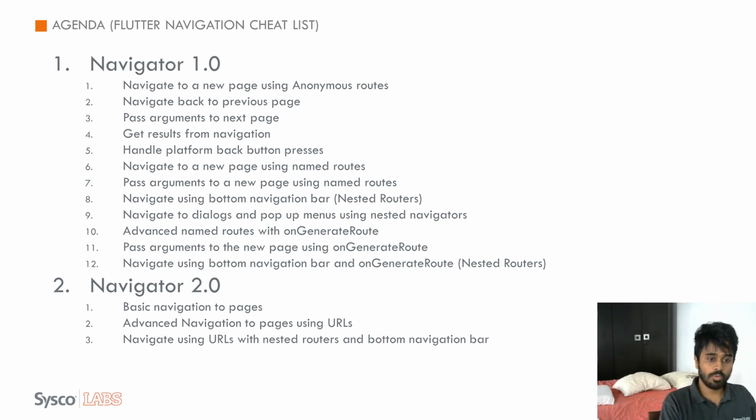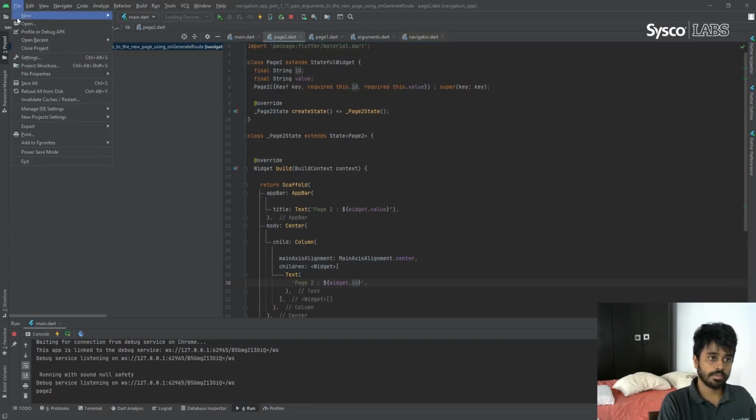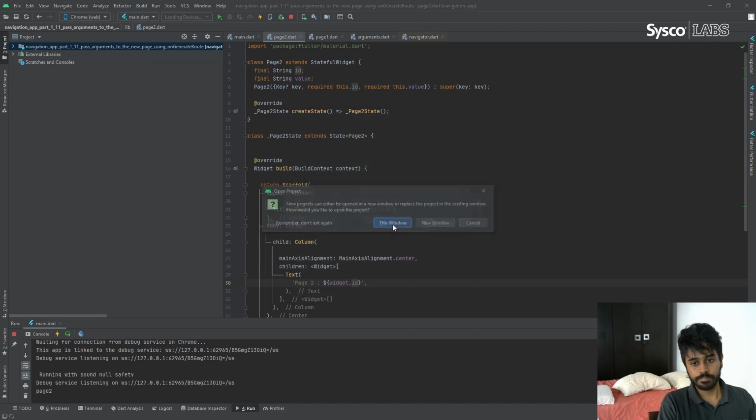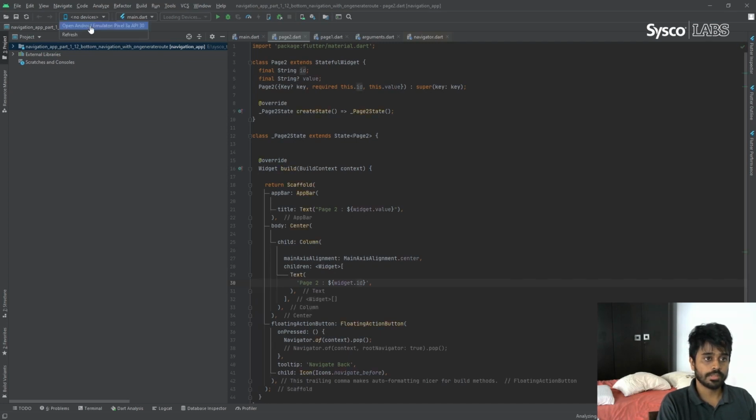So how can we navigate using a bottom navigation bar using onGenerateRoute? Let me open that project, and let me start that project also.